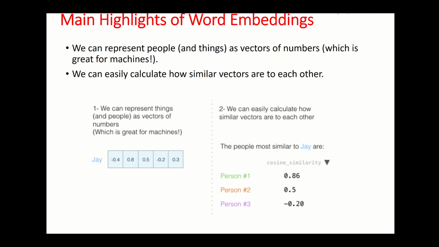And the next one which you have to identify is that there is always a way that we could calculate the similarity between the vectors, so that we can easily identify how similar things are. So these are the two major understandings which you have to have. You can represent anything, even a person or a thing or a document, as a vector of numbers, and we can calculate the similarity between their numbers, so that we will understand which one is more